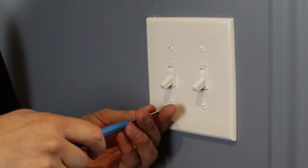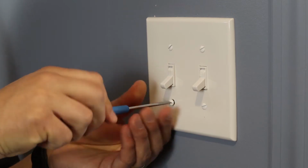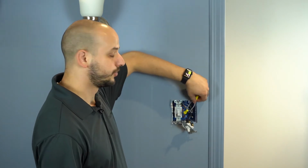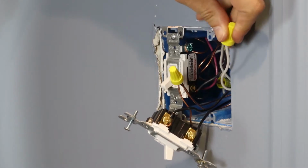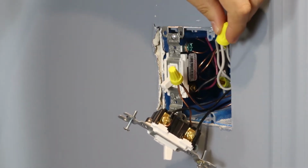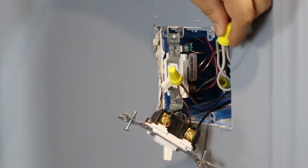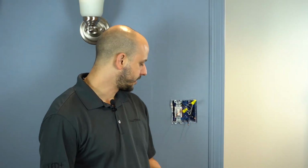To get started, remove your wall plate and pull the existing switch from the wall. Before disconnecting your old switch, you want to make sure that you have neutral wires in the wall. These are going to be two white wires in the back of your box. Both the Sunnata Pro dimmer and the Sunnata switch require these for installation. Once you have confirmed that you have neutral wires, you may take out your old switch and begin wiring your